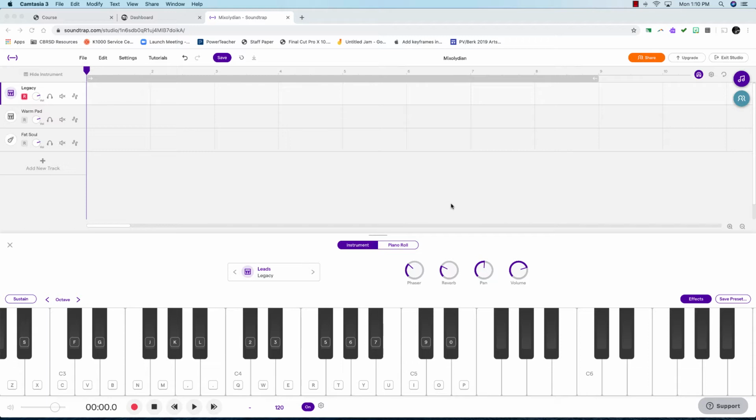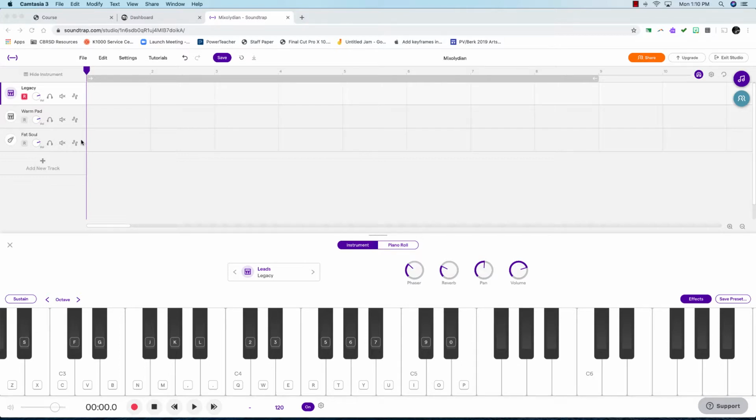To start our Mixolydian mode project, I want to start with the bass. We know that the bass is going to be on the note G because in the key of C, G is the fifth note. C is 1, D is 2, E is 3, F is 4, G is 5. So we are at the fifth mode of the C major scale. It's the Mixolydian mode. We're going to use the same two chords, F and G, but we have a different